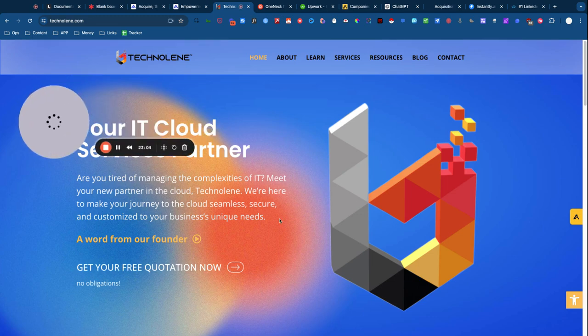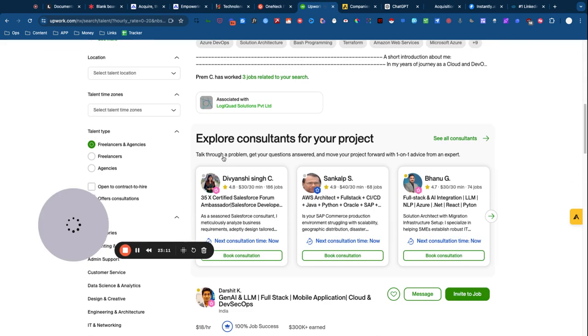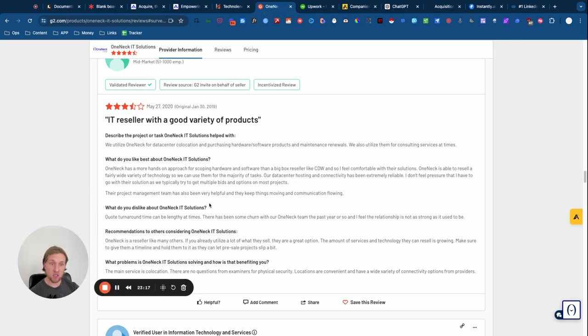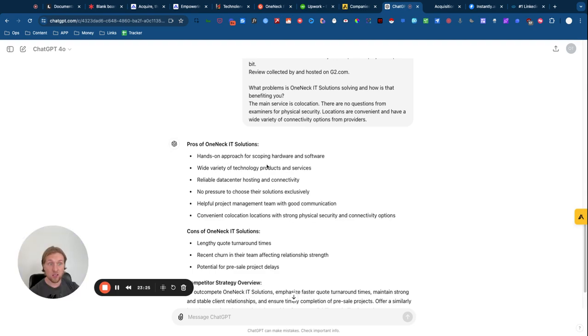I've got a vertical. I know that we're going to deliver our services in IT, cloud, whatever it might be. I know that I've got a significant workforce that I can draw on to actually deploy my service. I know the needs that I can actually meet. I know how I can strategically compete against others in the marketplace. I know the things that I actually need to make sure that I'm doing in order just to have level pegging with them. Okay, so I need no pressure to choose their solutions.